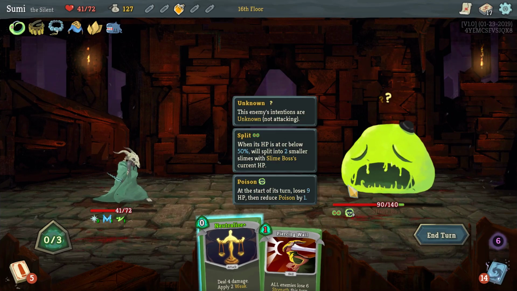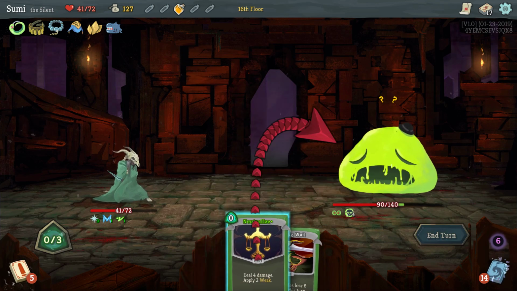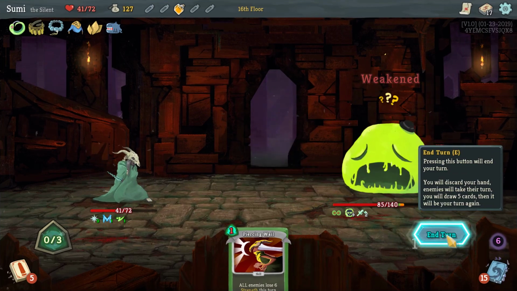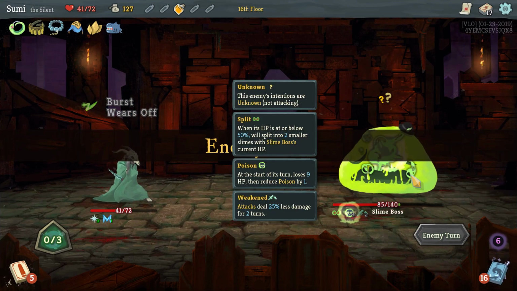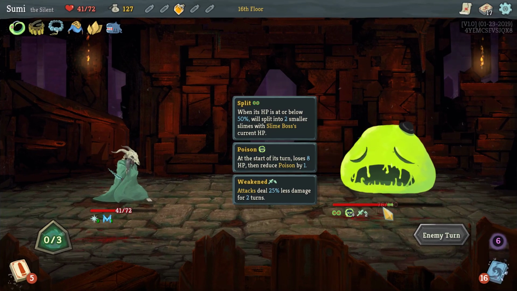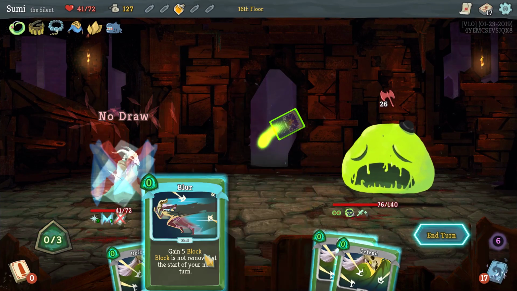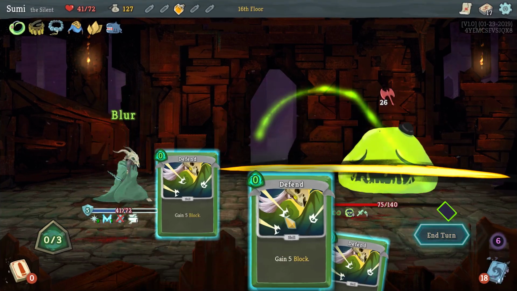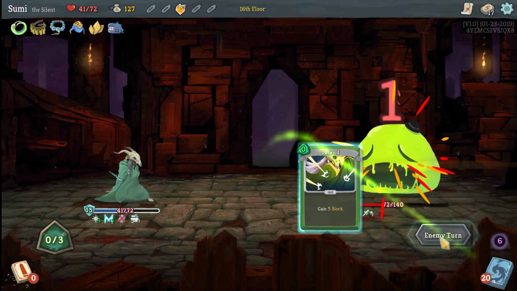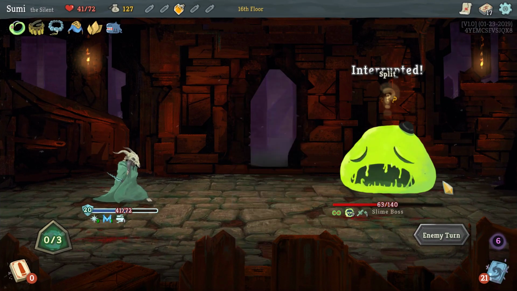Okay, so this is going to hit him for 5. Taking him down to 85. He's going to tick for... I think this is okay. He's not going to split, but we're going to get him very close to splitting. He's also weakened, so we might actually be able to block all of this. Okay, not all of it, but a very good amount of it. This is actually fantastic. Oh...